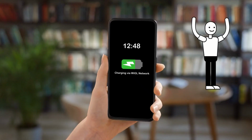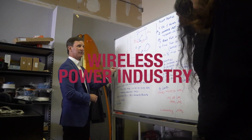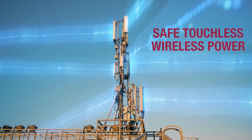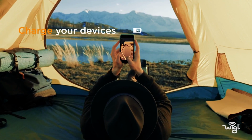WiGL has patented technology that has gained traction through successful research initiatives. In 2020, WiGL was awarded a contract to demonstrate its technology in a fighter helmet supporting a Department of Defense contractor's demonstration. WiGL was then able to demonstrate that it can recharge a cell phone during VA Tech Research Park's